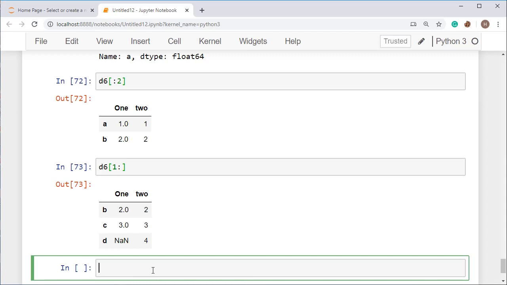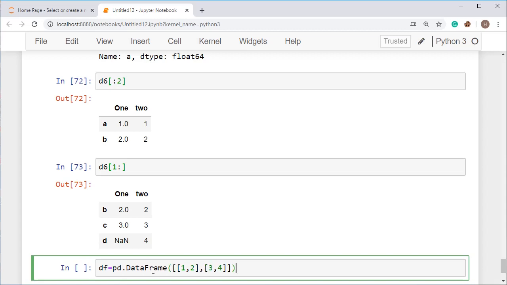Now I'm going to show you the addition of rows, meaning how to add rows in the data frame. We already have a data frame and we want to add some more rows. So let's take one data frame equal to pd dot DataFrame, and just take the values, like 1 comma 2, and then just take another, that one is 3 comma 4.